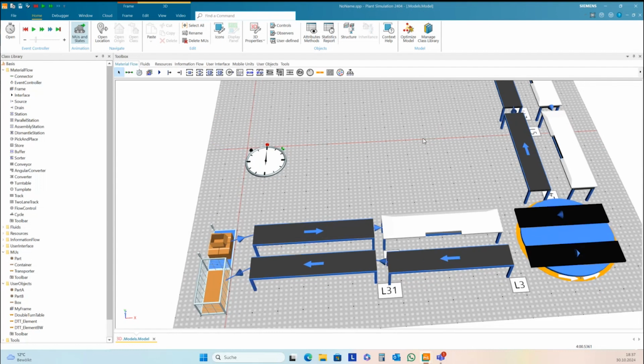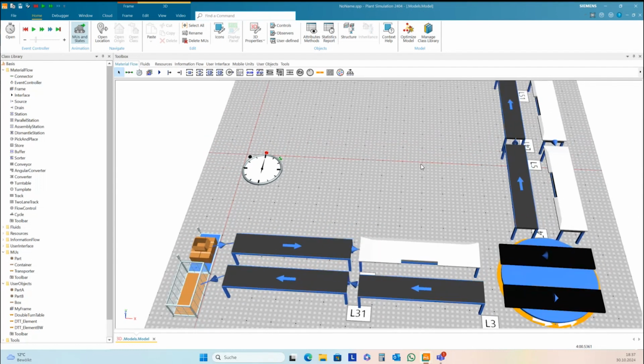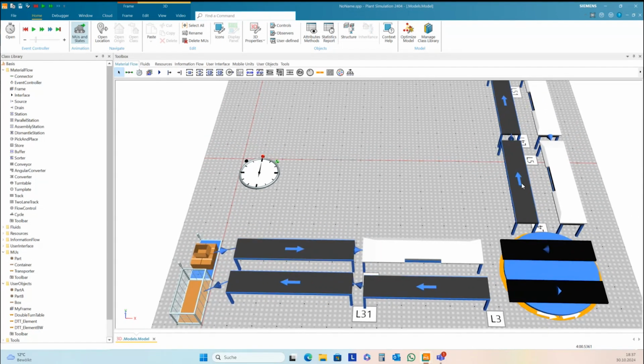Okay, I want to have a quite simple control. At the end of this lane and this lane, I add these parts into a FIFO table. So I make a table here.